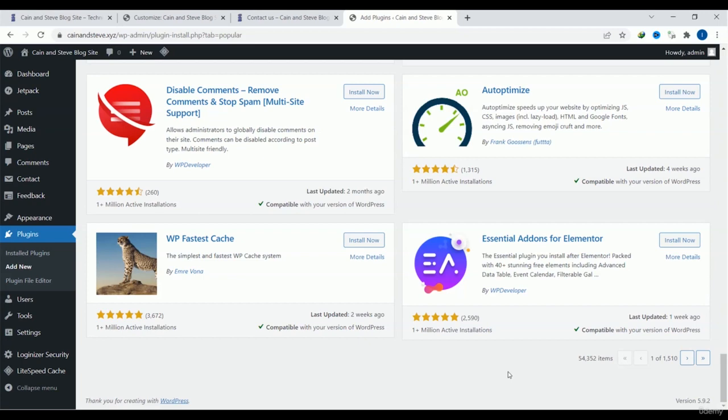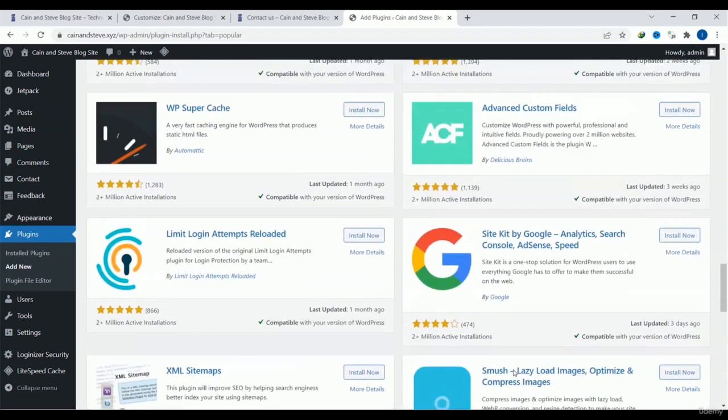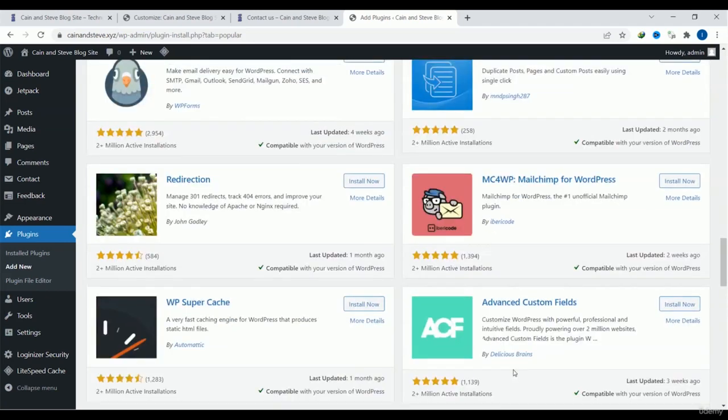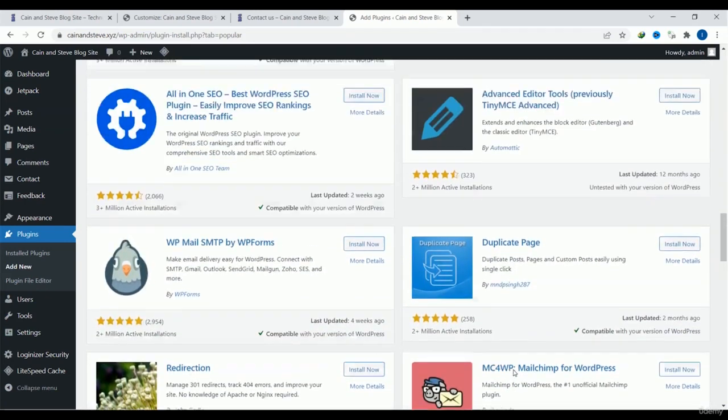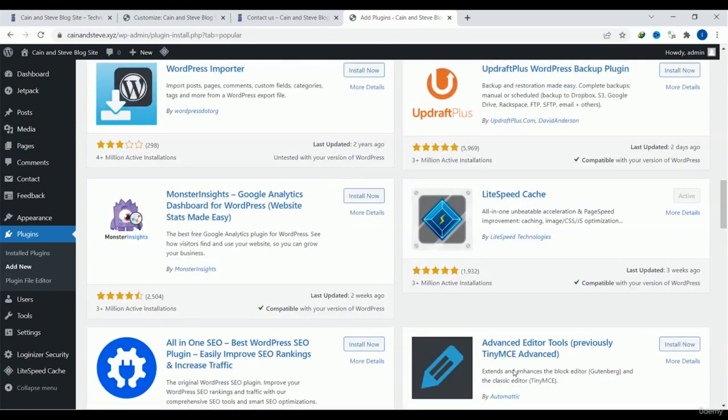Can you imagine, it's a library of tons of plugins? Depending on your needs, you must know the use of plugins and which plugin is used for what purpose, and then you just have to find it, and